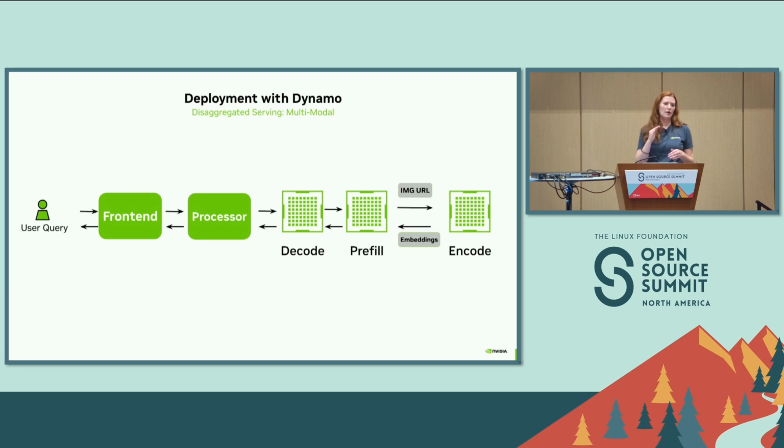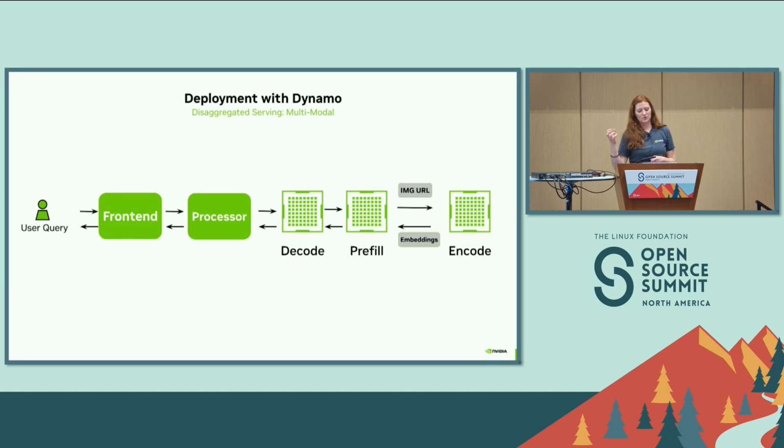So you can disable this disaggregated serving with decode and prefill, and then basically you can think about decode and prefill as happening in one place. The encoding is still separate, so the image URL is going to be sent to your encode worker. And I'm mentioning how it's done in the example, so if you would like to change something, you're free to change it. Those are just reference